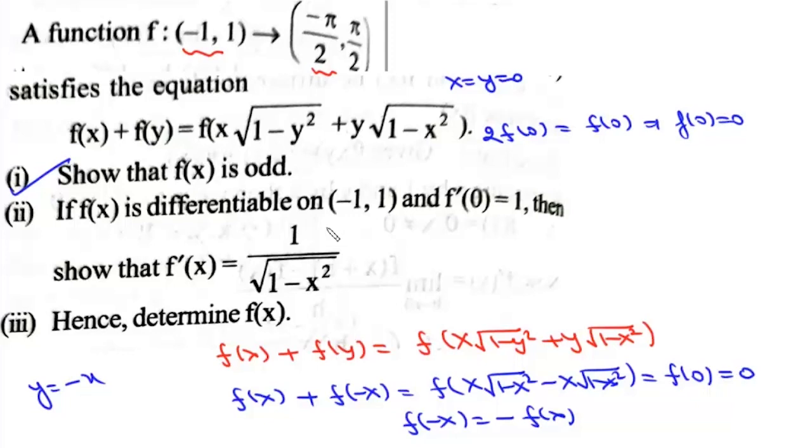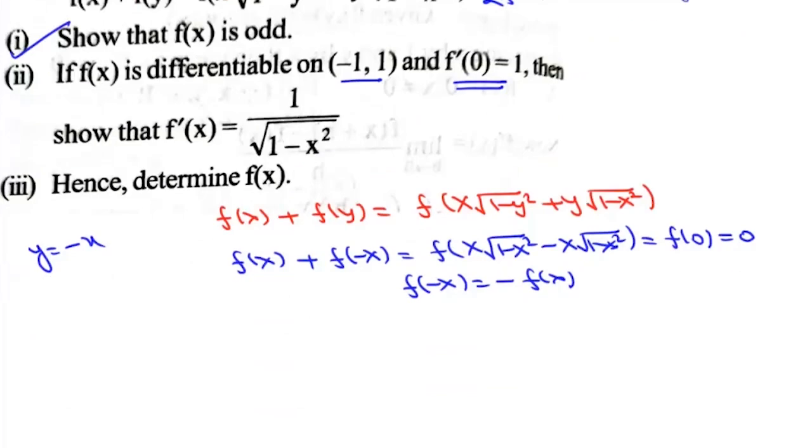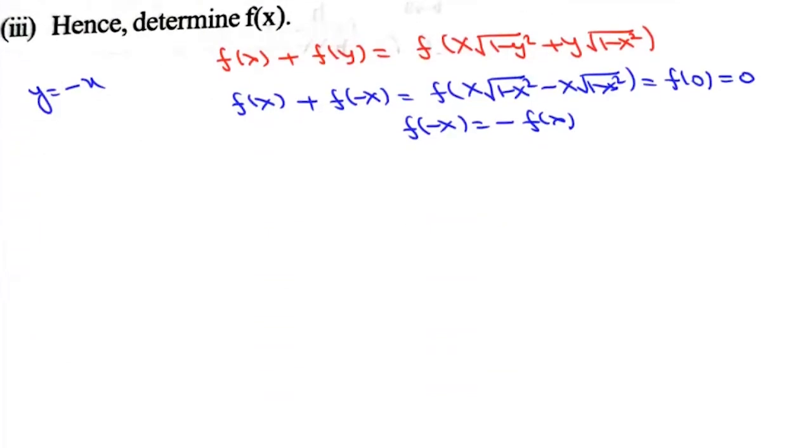Now the second part is, if f is differentiable on -1 to 1 and f dash 0 is 1, then show that f dash x is 1 upon under root 1 minus x square. Now what we'll do is, for the second part, we are given that f dash 0 is 1 and this function f(x) is differentiable. So we can write f dash x as this limit